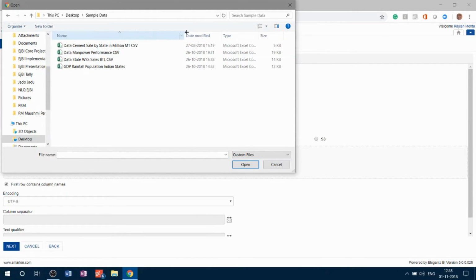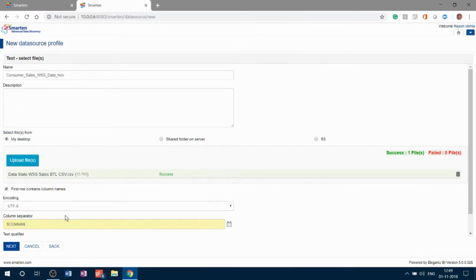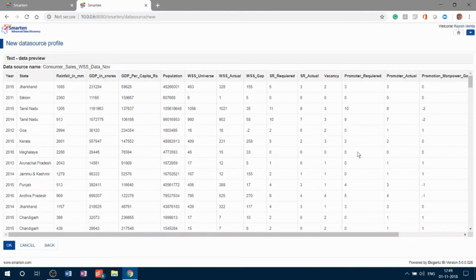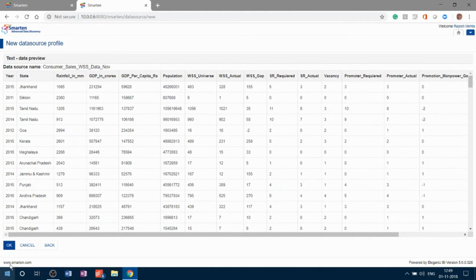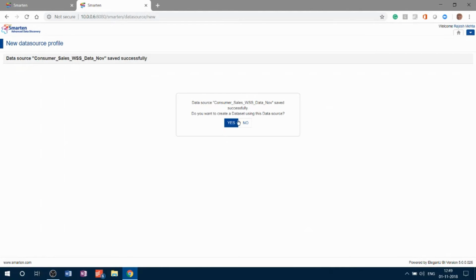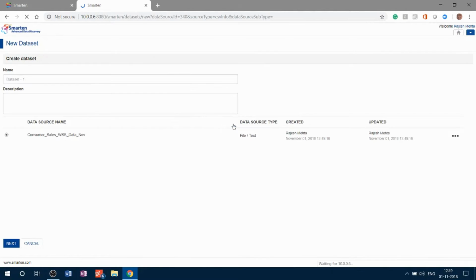So I've got a data state-wise with wholesale stockists and below the line promotion expense. So I'm picking up this data. It identifies what is the separator and gets it ready. This name is the name of the data source, so I connect with it and it gives me a snapshot of some part of the data which is available, and I say okay, and it asks me whether I want to make a data set from this source, and I say yes, and I call it